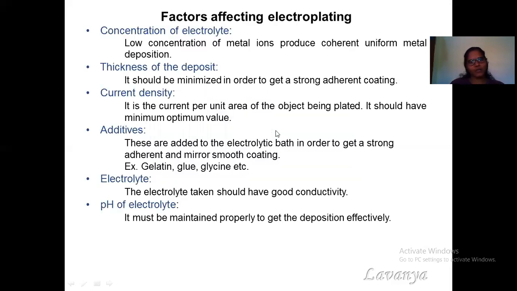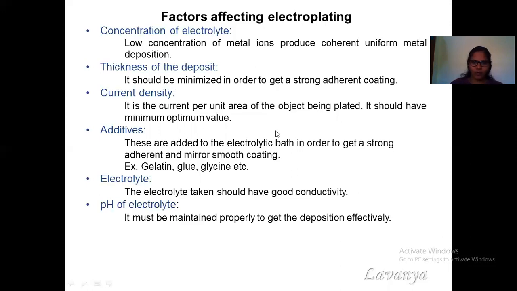And there are different factors which affect electroplating. One is the concentration of the electrolyte. The metal ions move towards the cathode, undergo reduction and are deposited on the surface of the cathode. If we need a uniform metal deposition, we need to maintain a low concentration of the metal ion. The thickness of the deposit should be very minimal so that it can strongly adhere. The current density per unit area should be minimal, and if required, additives can be added during the process of electrodeposition, just to give